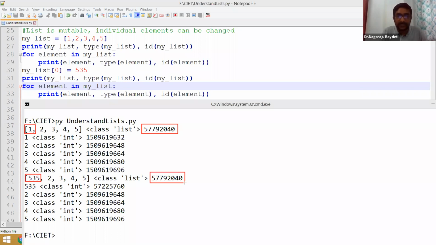It's not a new object which is created. In that object, one of the elements' address is removed and a new address is kept.